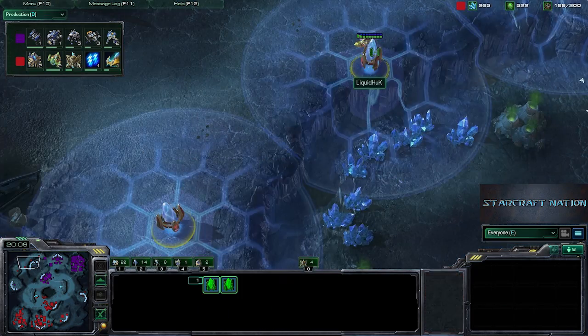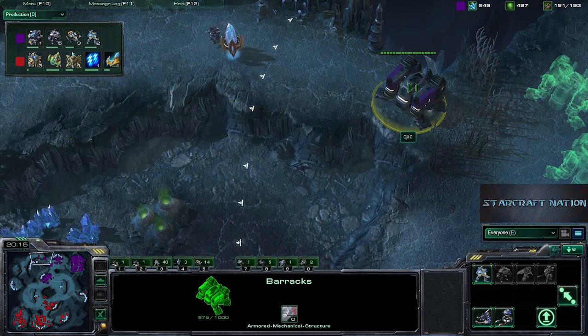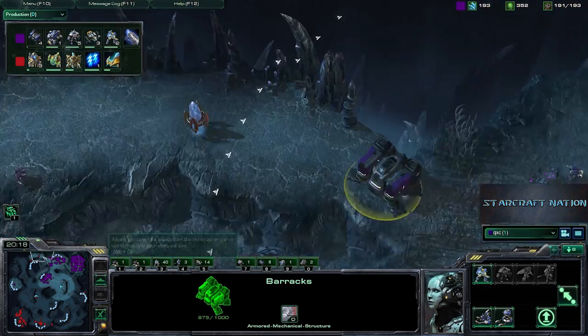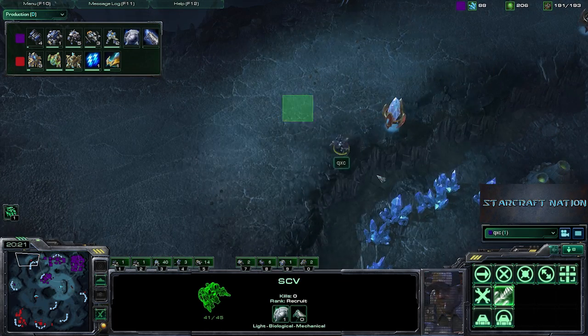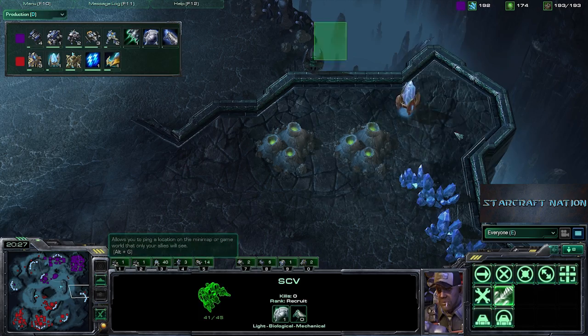Meanwhile, though, LiquidHuk getting very prolific with these proxy pylons, four of them here. Is QXC going to see that? Yeah, he does actually see this. So this SCV seeing like, what the hell is going on here, as LiquidHuk just throws proxy pylons down everywhere,